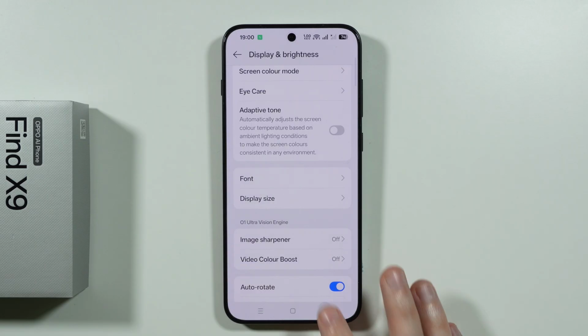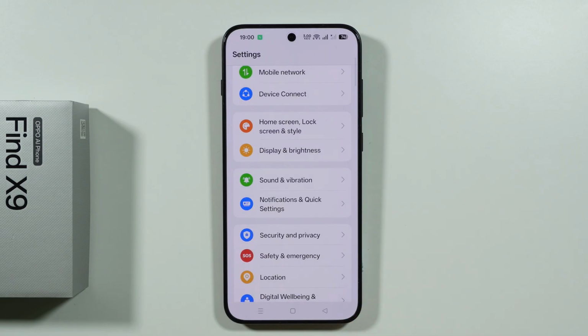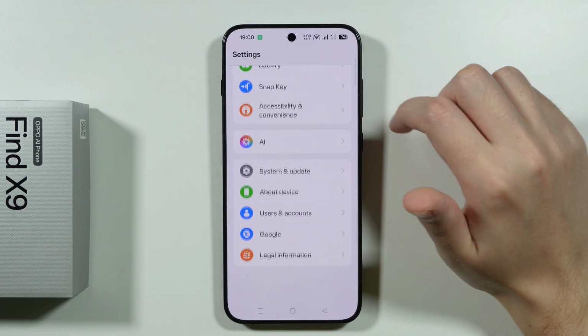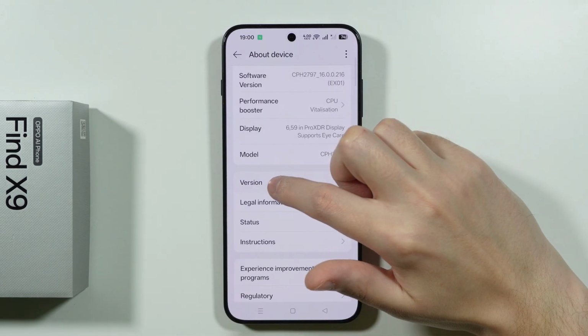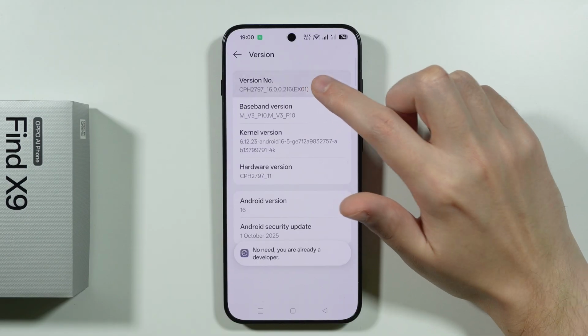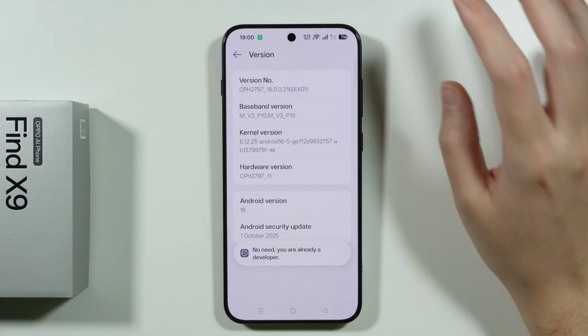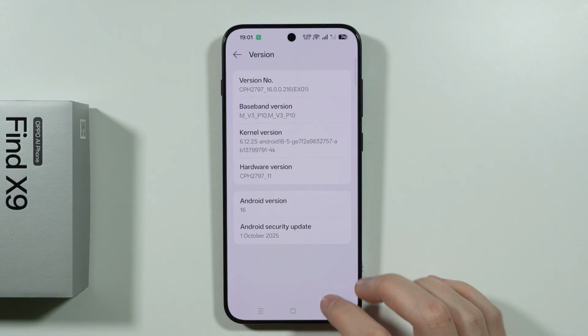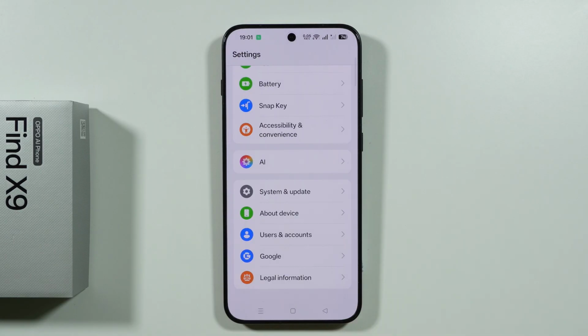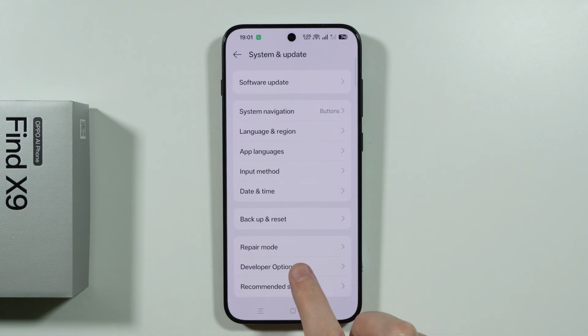But besides that, we can manually adjust the screen size, but in order to do so, first we need to enable developer options. So we're gonna go to About Device, then choose Version, and keep tapping on version number until you need to enter the screen lock password, and then you will see information that you are now a developer. After that, we're gonna go back to Settings, choose System and Update, and then over here go to